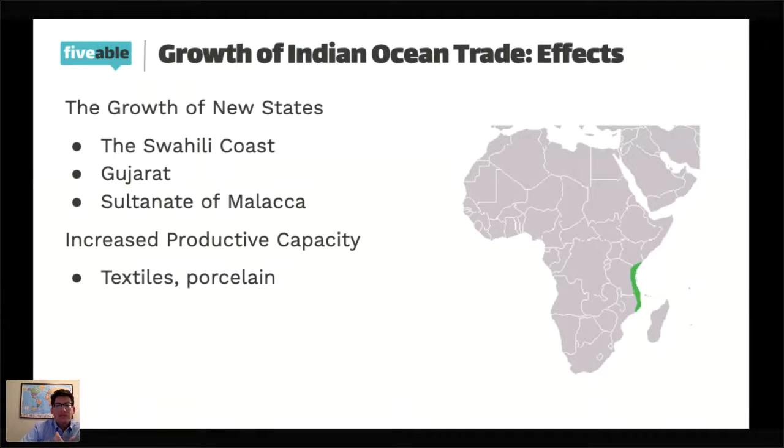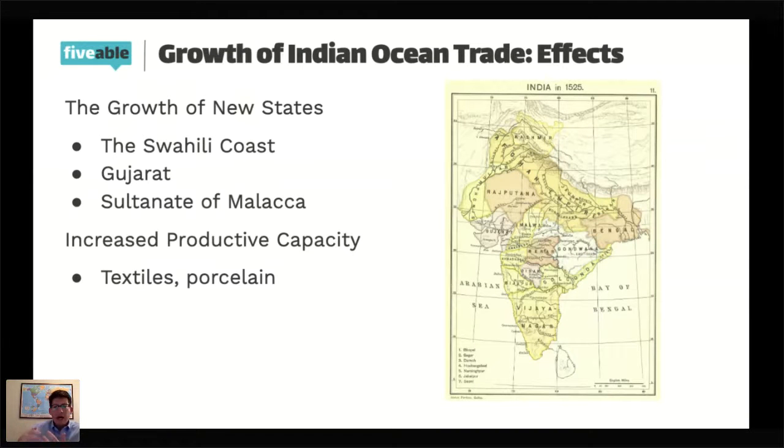In other places, we see the growth of states. For example, in India, we see the growth of several different states. One example that is given is the Gujarat region of Western India, the western coast of India. The Gujarat region engaged in trade all over the Indian Ocean. The people of that region had been traders for thousands of years, quite literally. And in this time period, it certainly becomes a major region as trade expands in the Indian Ocean.